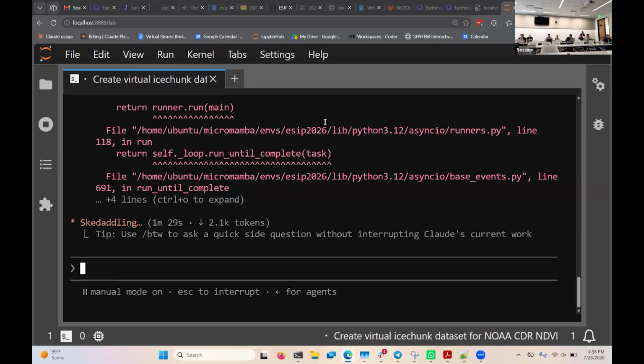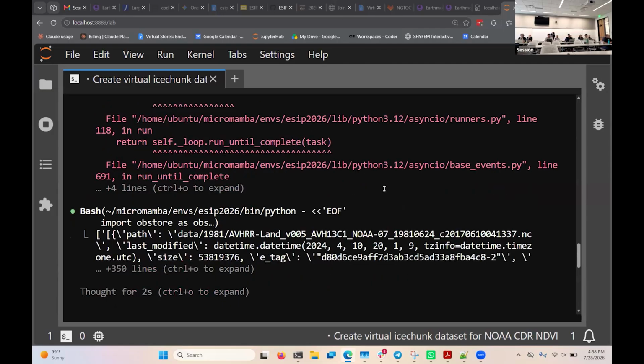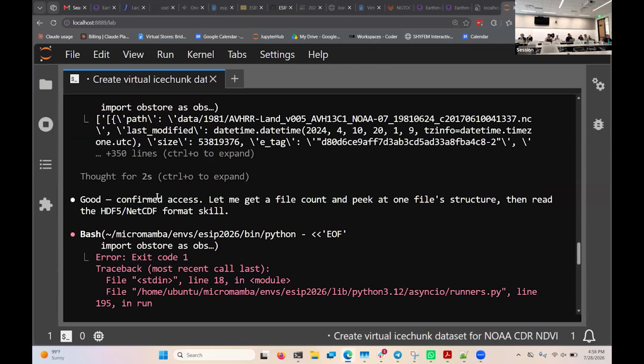So this is typical, right? It comes back with some errors. It tried some stuff, like importing obstore from this Python. I don't know what the problem is, but it'll figure it out. Okay. So it figured it out and now it's actually looking at some data. It found this netcdf file